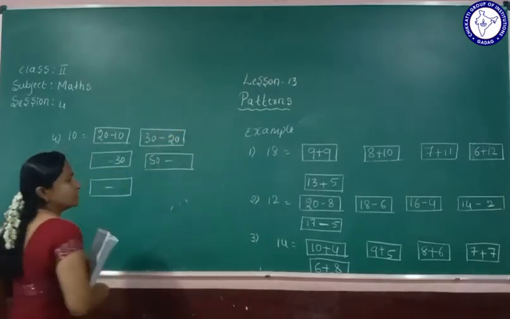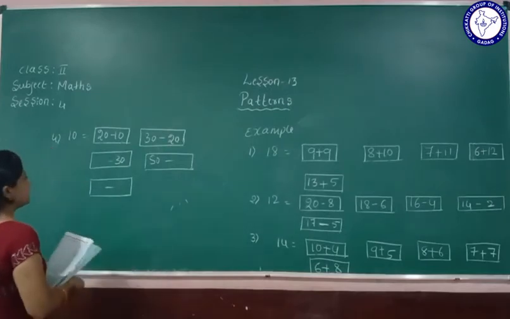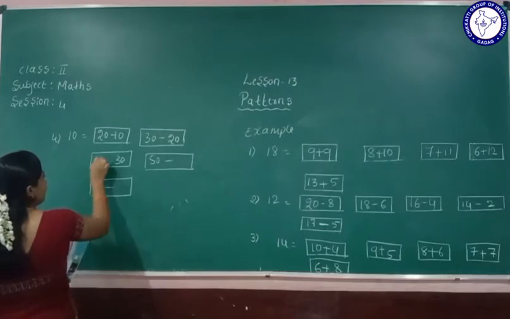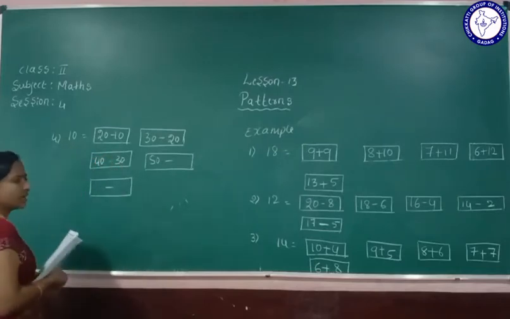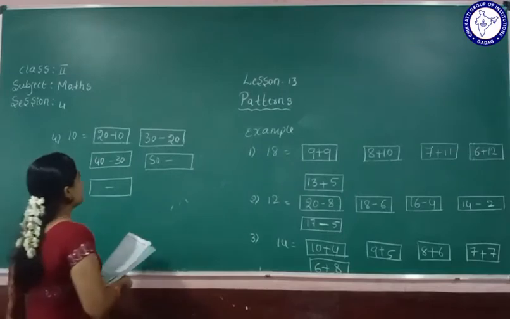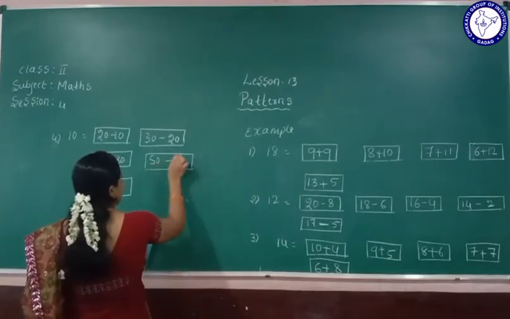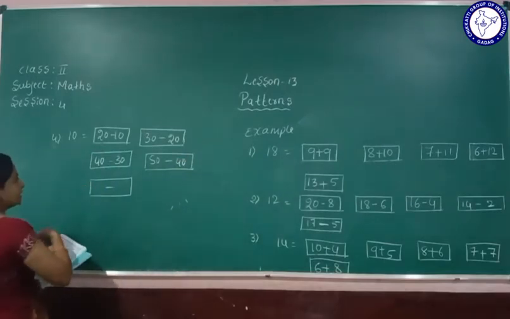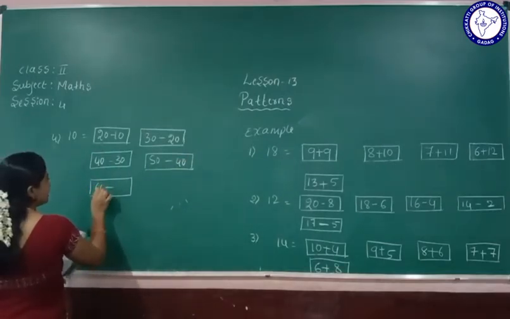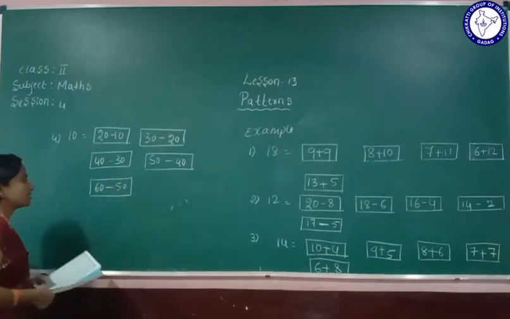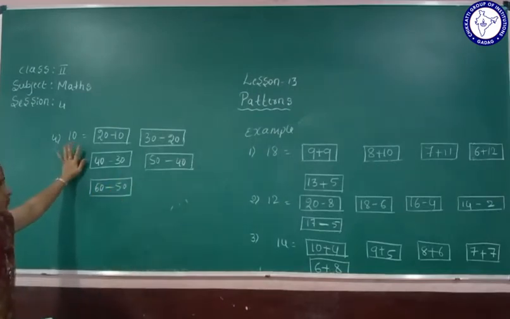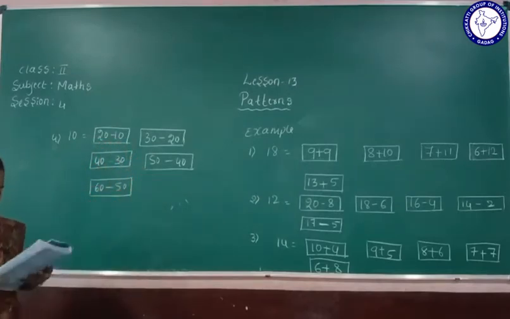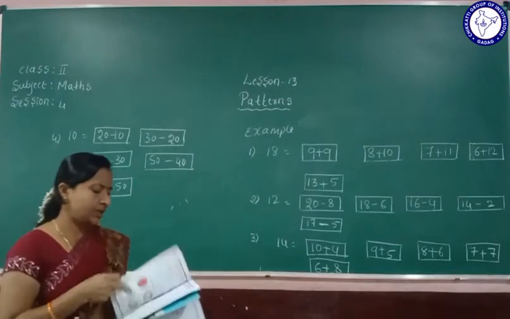30 minus 20 is equal to 10. Yes. Here, the same, how much will we subtract, they have given 30 here. 40 minus 30, the answer we get is 10. Yes. Next one, that is 50 minus 40, answer is 10. The same, we will write here, how much? 60 minus 50, answer 10. Understood how they are? The number patterns are split here. Okay.